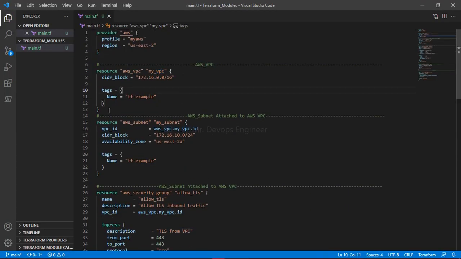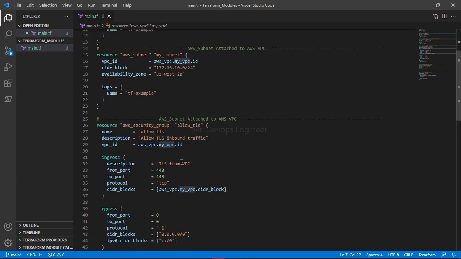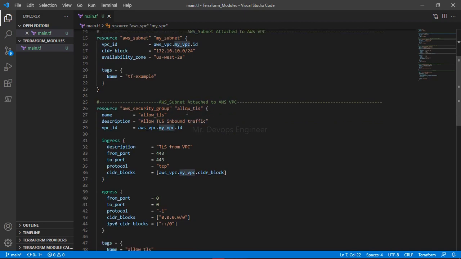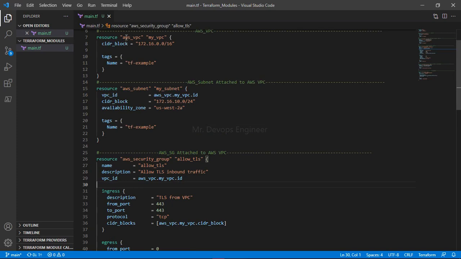Okay, so this is my AWS VPC here. I have a subnet here as well, and this subnet I am attaching to this VPC, right? And I am using an AWS security group. You can see this is asking for the input of VPC ID, so we are passing the VPC ID, correct?